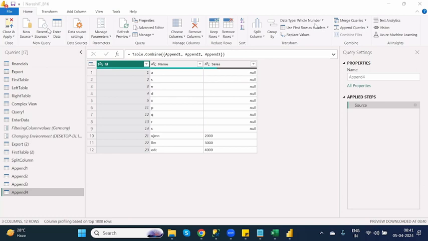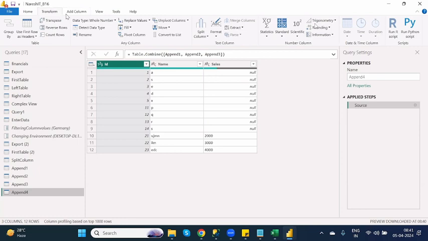Okay. Next one is go to the Transform tab. Okay, next one is the Transform tab. In this one, there are different options. We need to